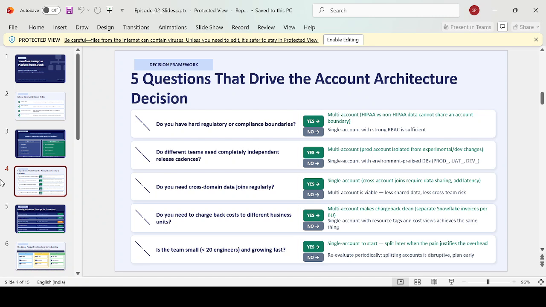Question one: do you have hard regulatory or compliance boundaries? Whatever the data that is coming into your project, do you have hard regulatory or compliance boundaries? This is the most important question. If you have data that is categorically regulated, HIPAA for health data,